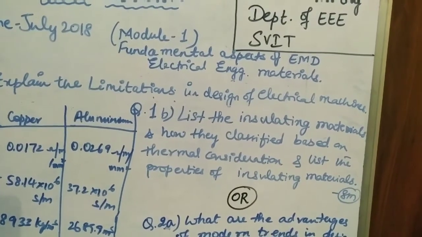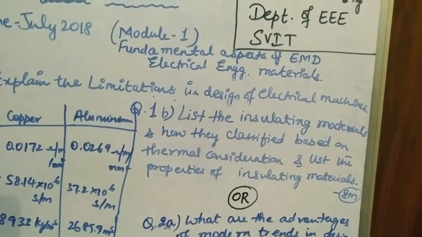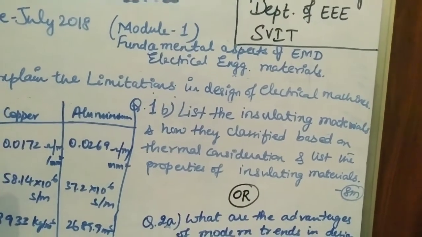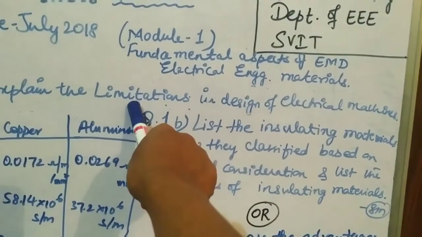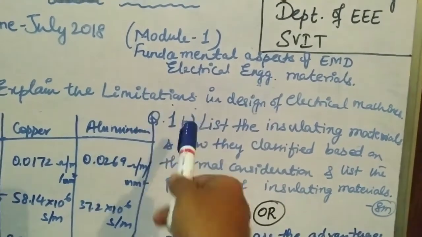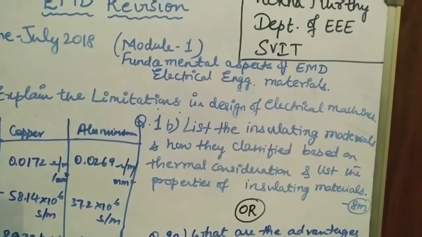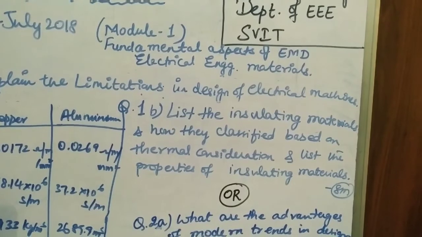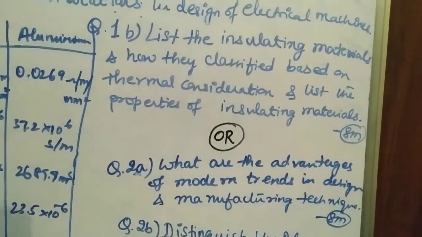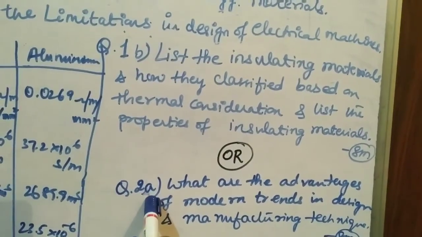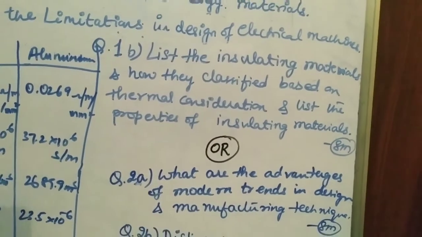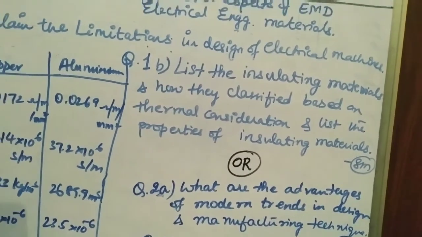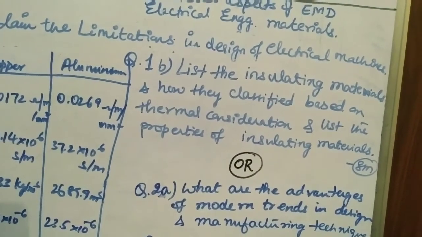The question is, explain clearly the factors which impose limitations on the design of electrical machines. The same solution, the same points we had discussed, you can use. And the first B question was, discuss modern machine manufacturing techniques in the design of electrical machines. This question had been asked as 1B in December 2018, and those 2 questions had been mixed up for 8 marks.